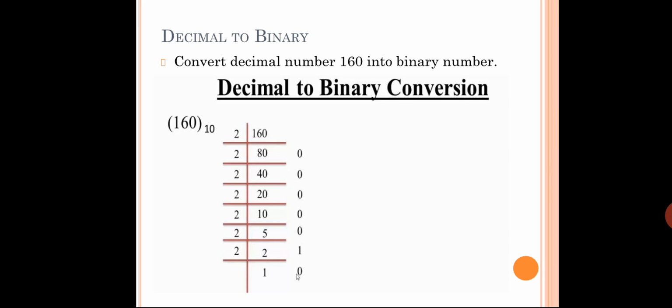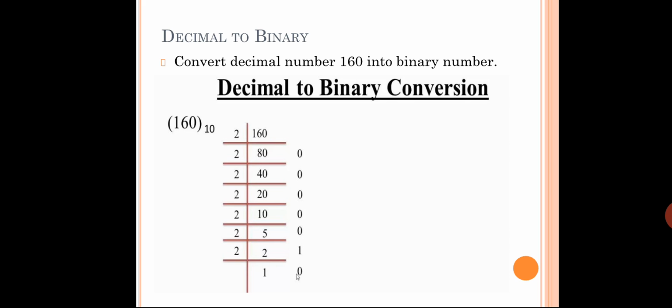Convert decimal number 160 into binary. So how to convert 160 into binary? So 160 to the base 10, that is the representation. Whenever you are dealing with the decimal number system, you have to follow the same representation. Okay, now what they have done, see, 160, they are going to divide that number throughout till you get the last quotient, which should not be further divided.